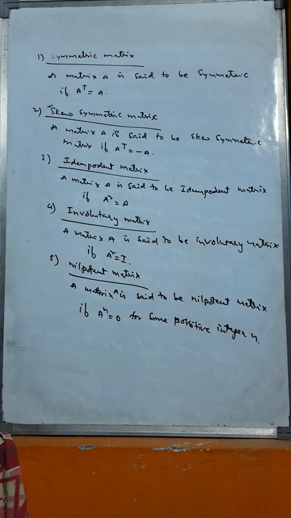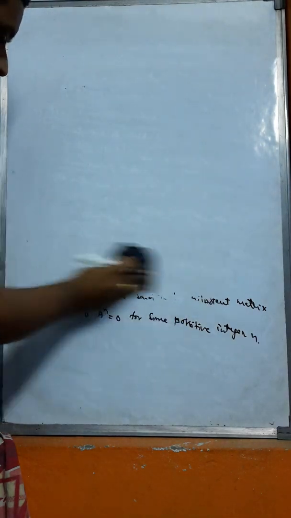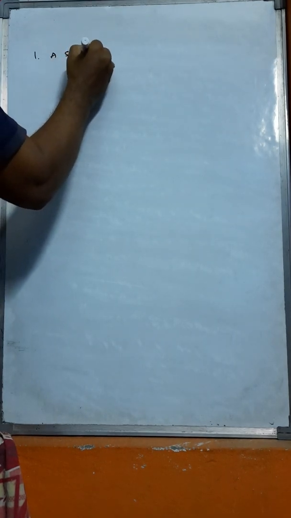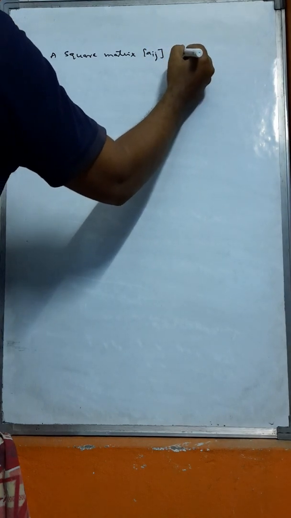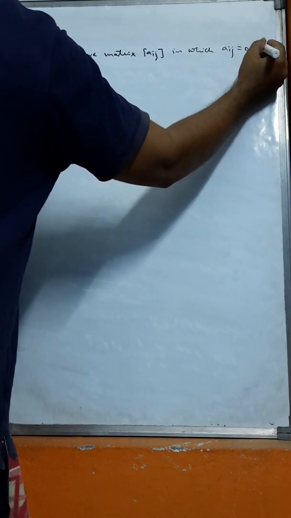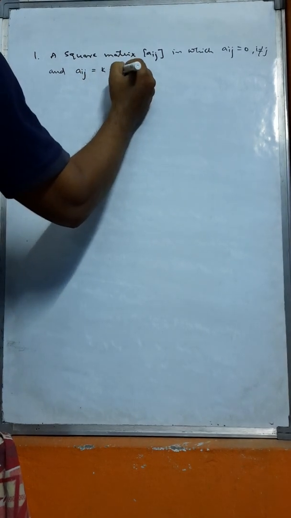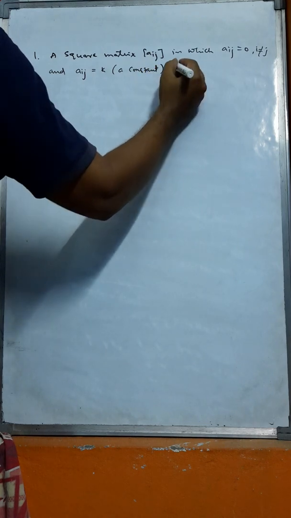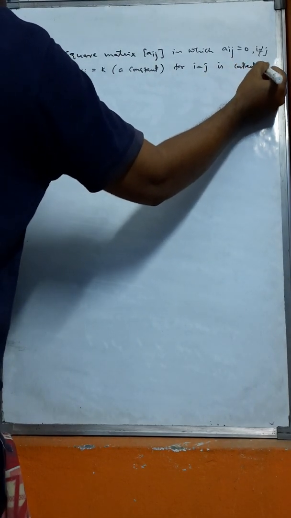Next, first problem. A square matrix Aij in which Aij equal to 0 for i not equal to j, and Aij equal to k, a constant, for i equal to j, is called a,